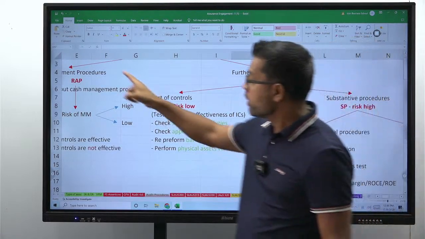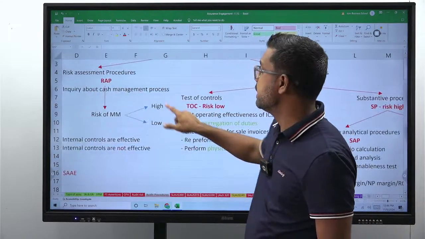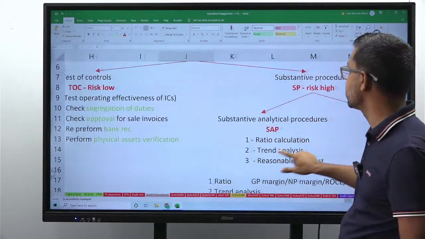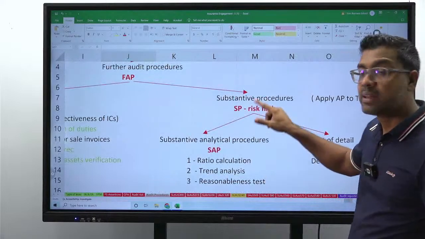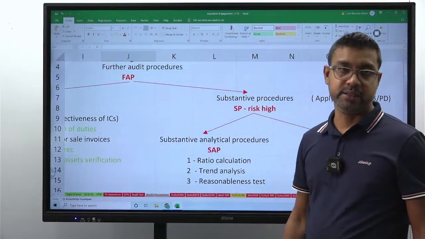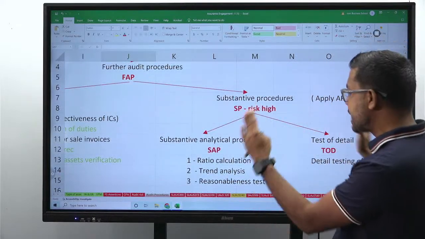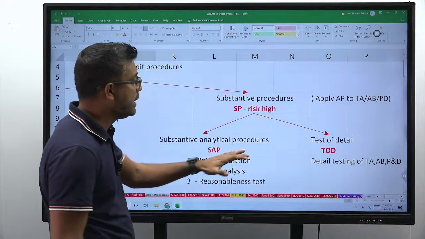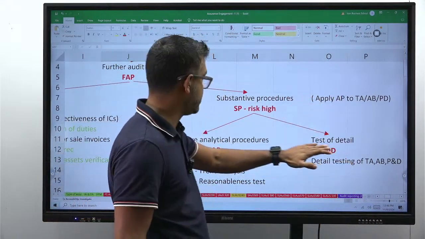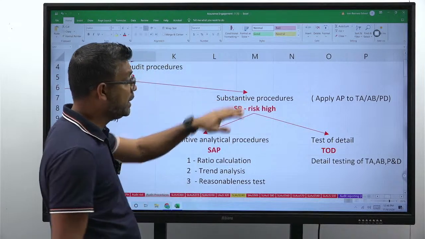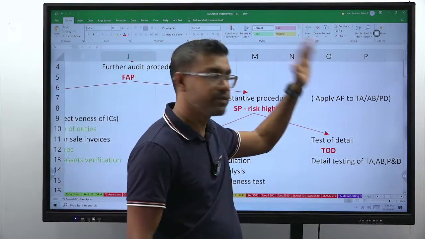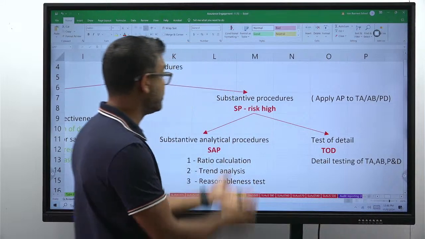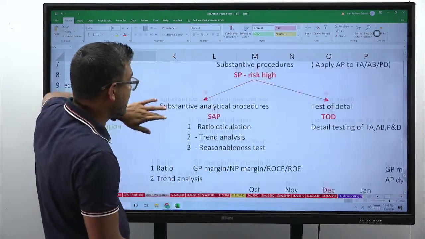But according to the risk assessment procedure, if the risk is high, you can't just be satisfied with test of controls. You have to go for what? Substantive procedures. Substantive procedures are two types: substantive analytical procedures and test of details. Substantive procedures means applying audit procedures to transaction, account balances, and presentation and disclosures when risk is at a high level. You can't just